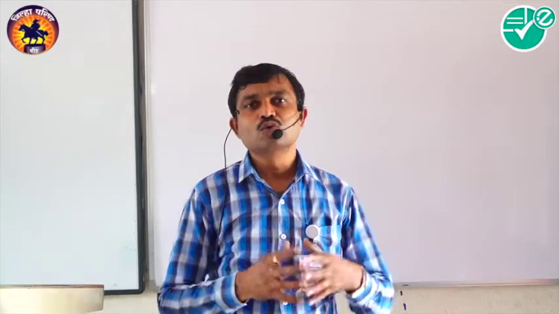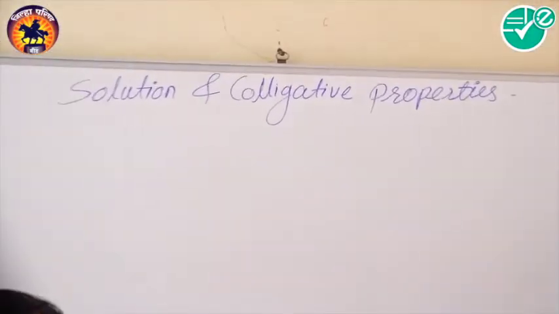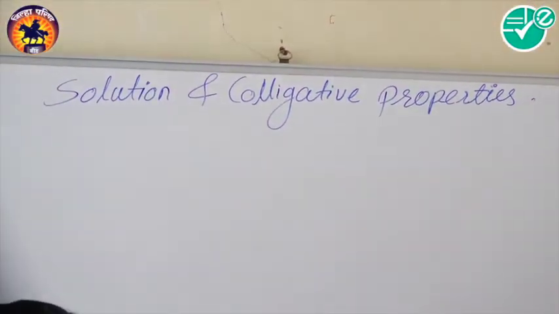So whatever the state of the solute may be, it must have the lower proportion, and the solvent has the higher proportion. On this basis we can distinguish the solute and the solvent, and make the solution using them. So what happens in this chapter? We have to discuss the very important points regarding this.